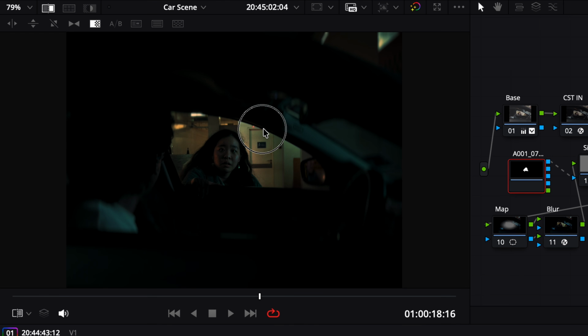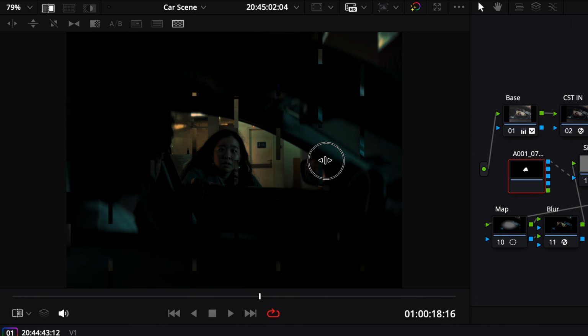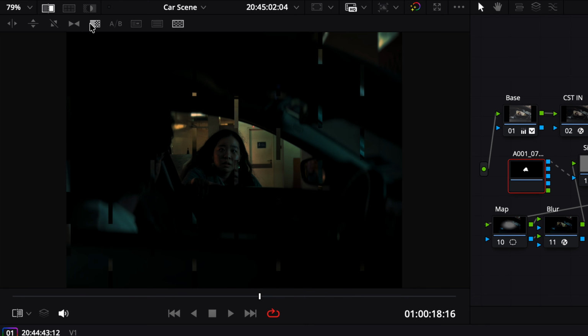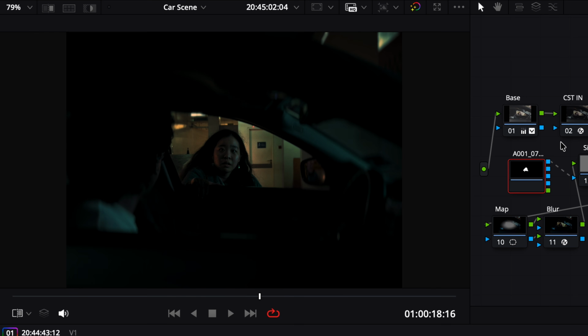So if I do this, you can actually see our color palette exactly overlaps. So that's exactly a 1-to-1 recreation. Honestly, better than all the other shots. I'm super proud of this one. So we went from this to that, this to that. Absolutely incredible. And when we play back the scene,